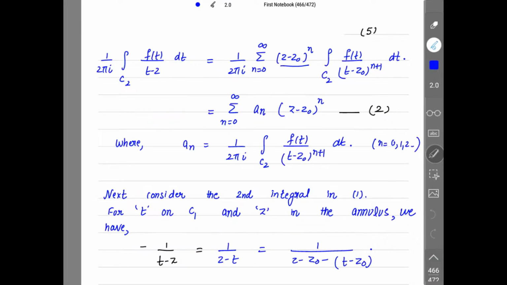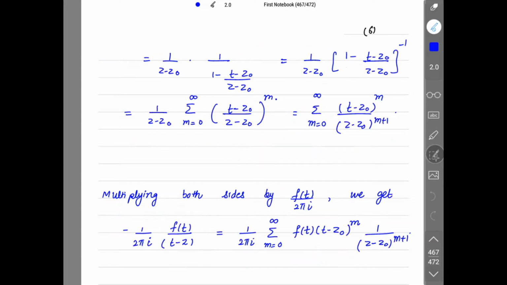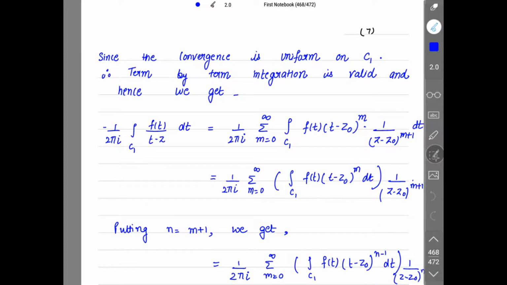So now I am multiplying both the sides by f of t over 2 pi iota. So this is minus f of t over 2 pi iota times t minus z, which is equal to this. I multiply here also f of t over 2 pi iota. Now since the convergence is again uniform on C1, term by term integration is valid, and hence we get